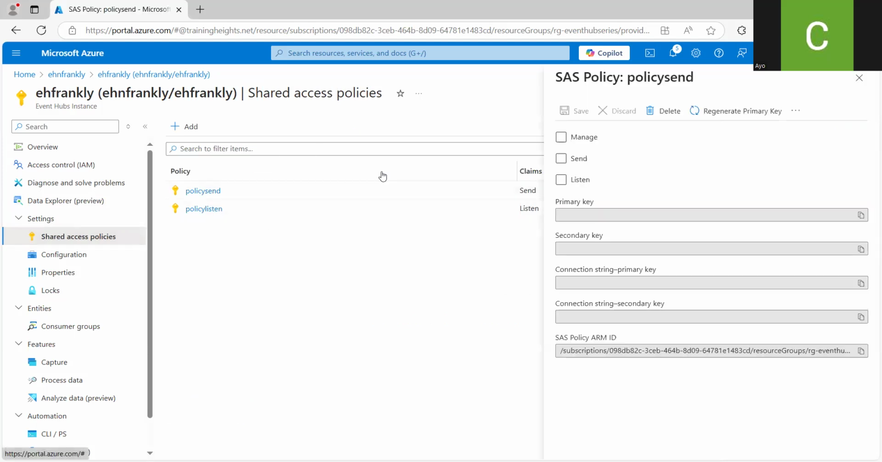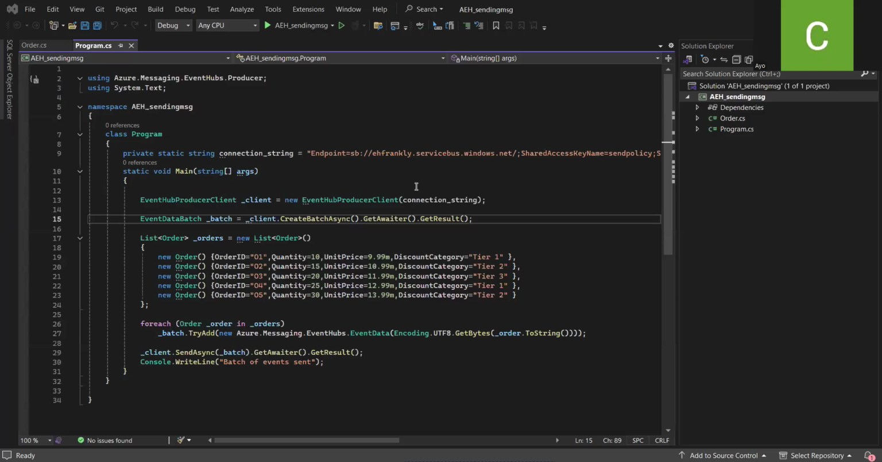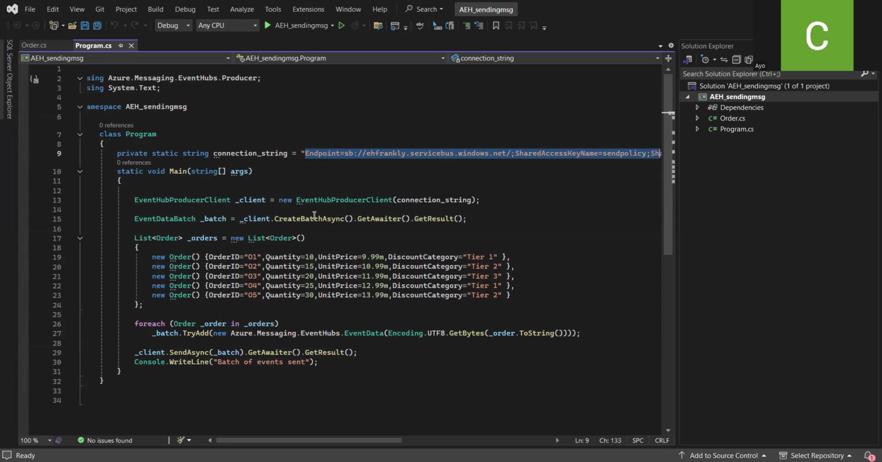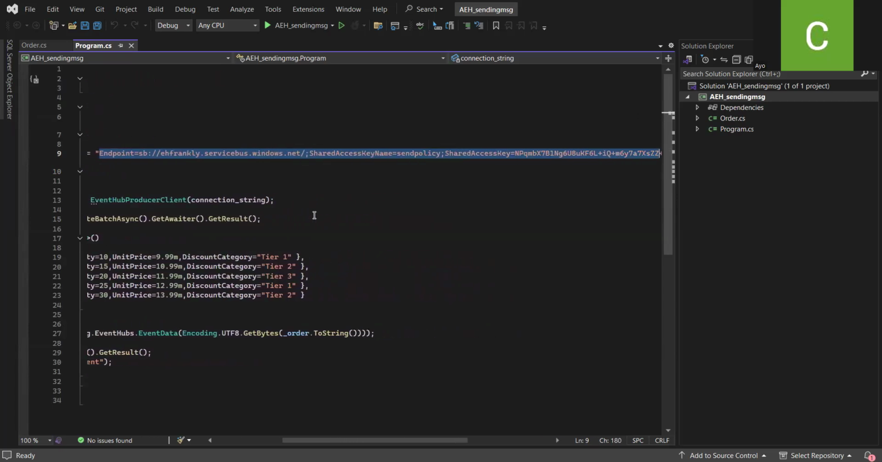So what I'll be doing now is I'll go to send and copy the connection string. It's copied. Then I will share my Visual Studio screen, and I have a simple console application that basically sends events to our event hub, sends messages as you react. It's very straightforward. All the classes are very easy to use and you can just use them. So I'll just replace this connection string that I have here